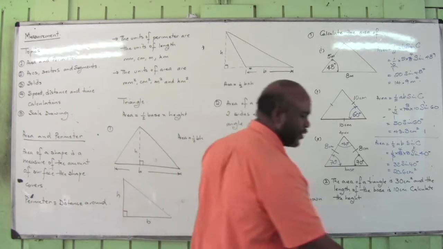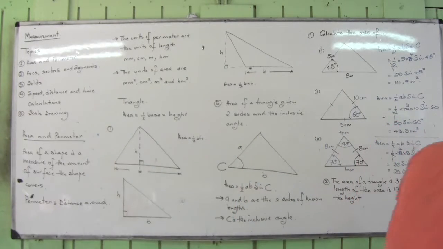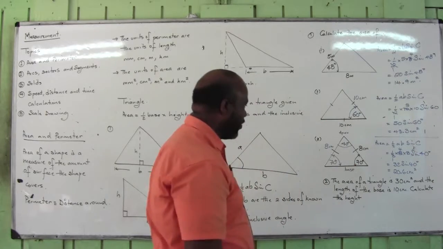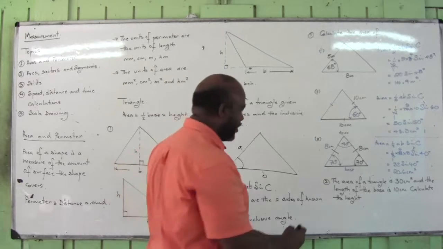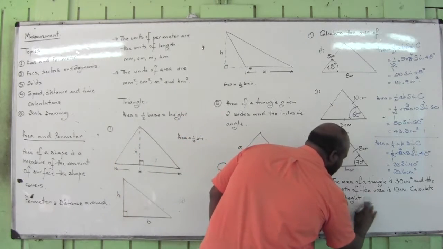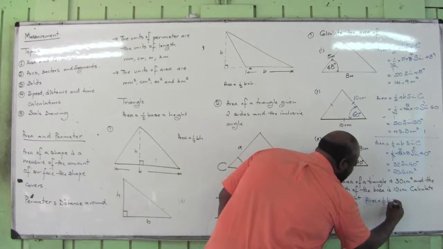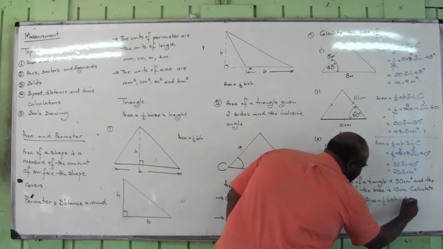Here's what I normally tell students to do. Write the formula. They gave you area. Area is a half base times height, and that area is equal to 30